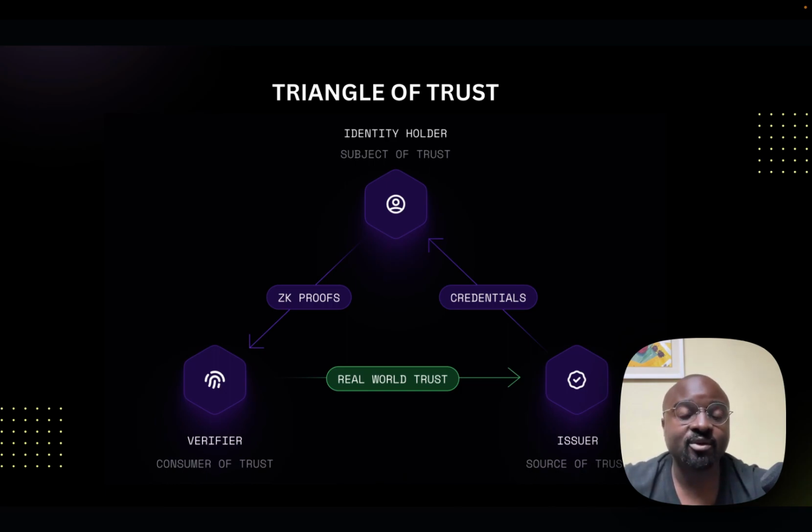The verifier could be the HR at their new job. It could be a website, or it could even be another educational institution that is assessing them for whether or not they want to do a master's or a PhD program. So somebody else could come in and begin to verify that information. The way this works currently is very manual. If you use that whole college analogy, but if we use Polygon ID and self-sovereign identity,